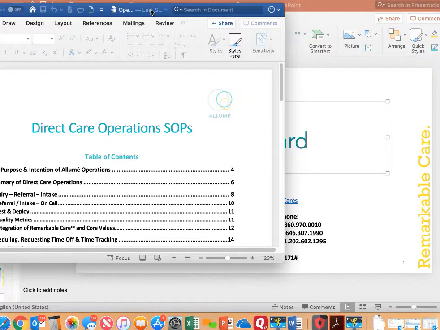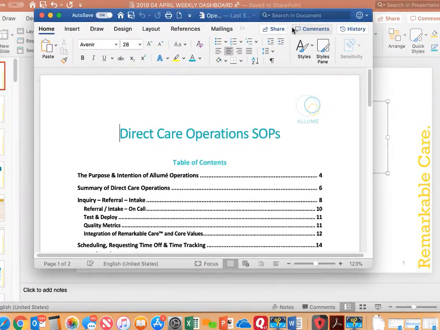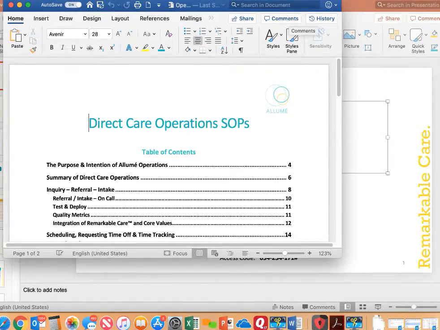Let's see if I can get this baby to move over. Hold on. I'm on my Mac, which is a little slow and finicky. So I'm going to move it over here so you can see it. All